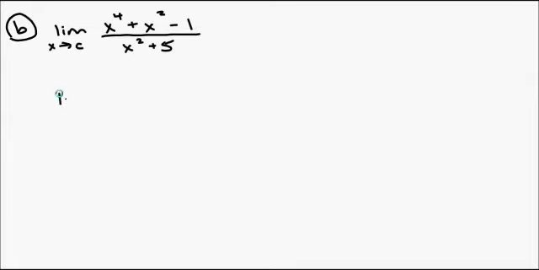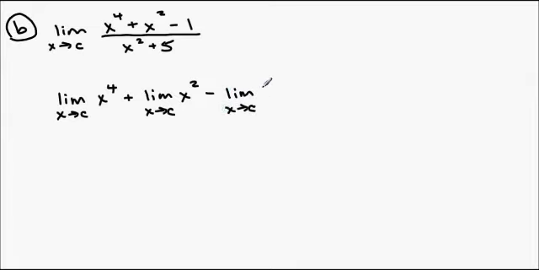So this is equal to the limit as x tends to c of x to the 4th plus the limit as x tends to c of x squared minus the limit as x tends to c of 1 all over